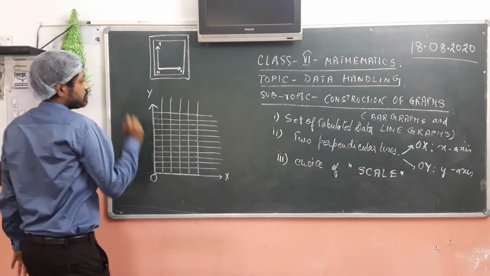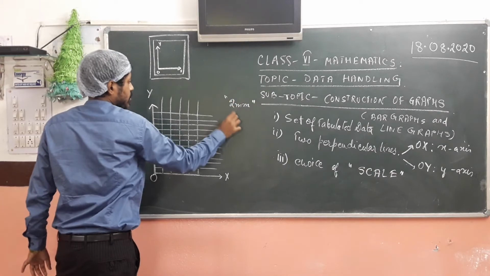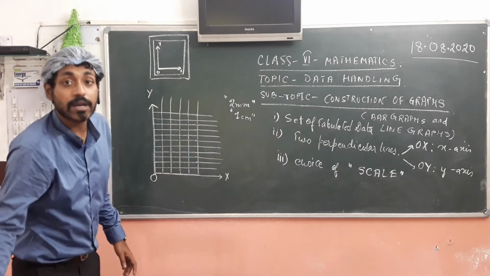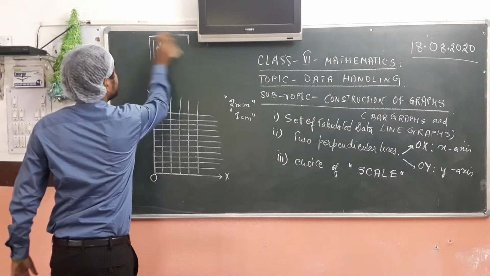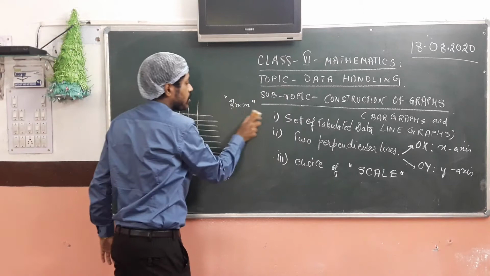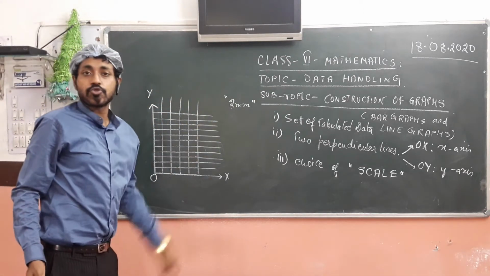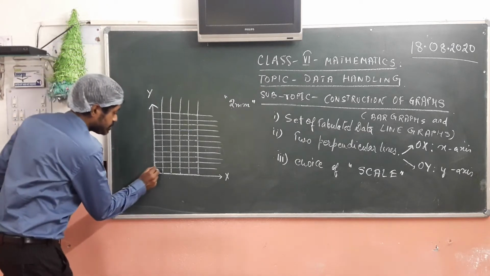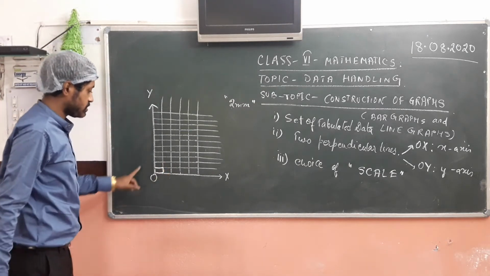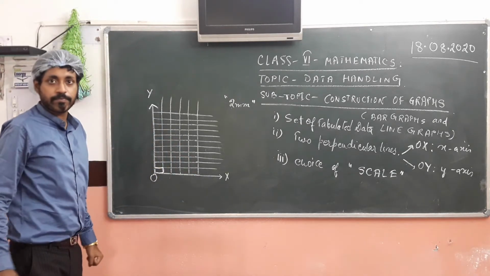Now, on the bottom corner, obviously you will have that 2 mm or 1 cm division written. It can be anything, it can be 1 mm also. But the 2 mm and 1 cm are preferably used, and even more common is the 2 mm division. What does it mean that it is a 2 mm division? It means that each small box is of dimensions 2 mm by 2 mm.